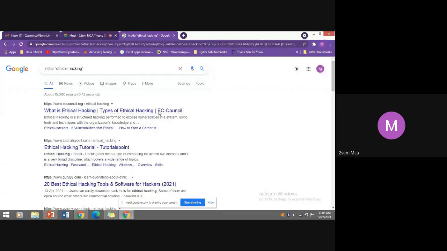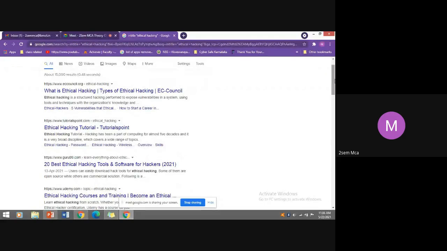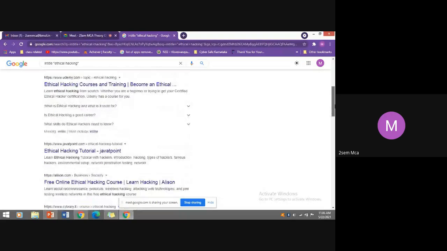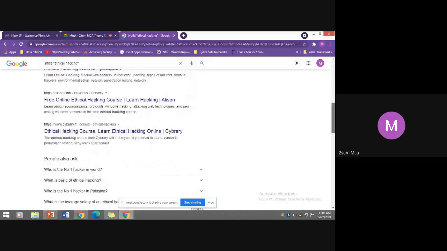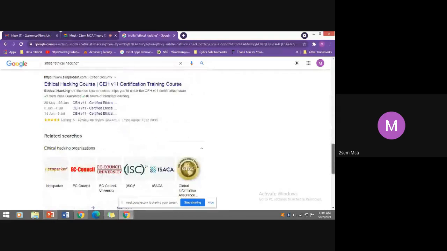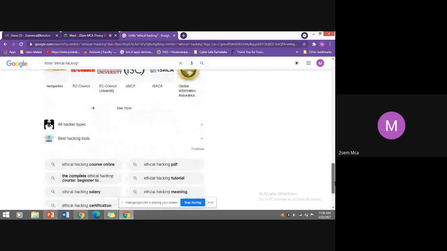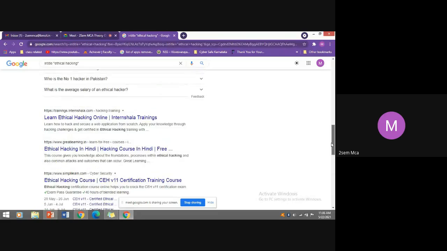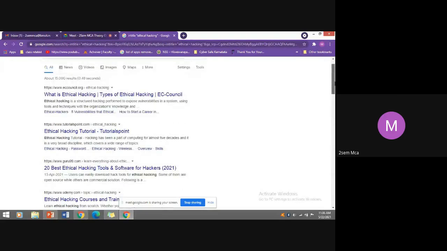If you want to look only at ethical hacking, the websites which have the keyword ethical hacking in the title are going to be displayed. You can observe in all the website links there are words called ethical hacking. You can just look into that. It is called in title. What it will do is search the exact pattern of the string.